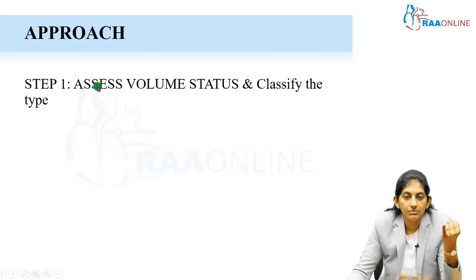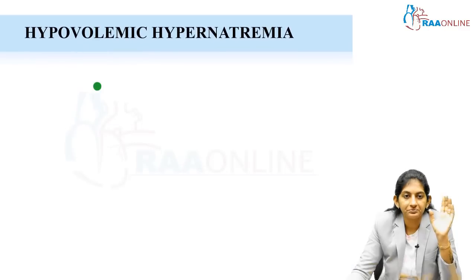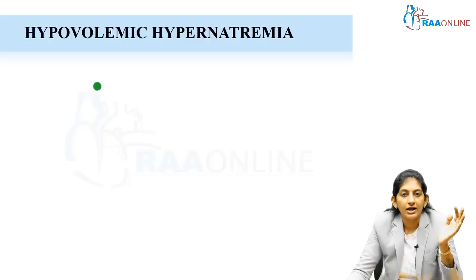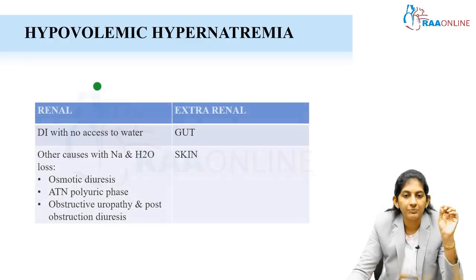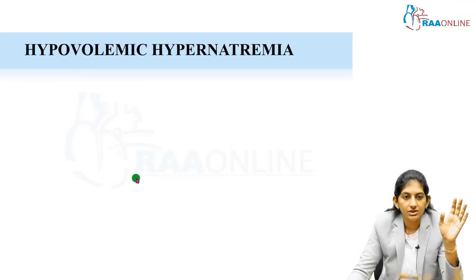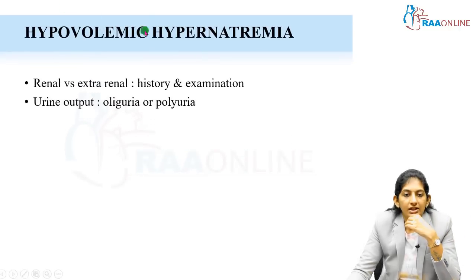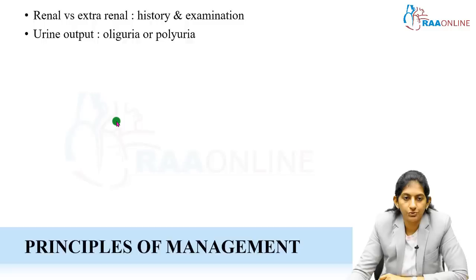How is the child? Euvolemic, hypervolemic or hypovolemic? Is there shock? Is there dehydration? Is there hypotension? Everything you should know. First, we will start with the management of hypovolemic. My child has had multiple episodes of acute gastroenteritis and has lost so much water. Now the child has landed up in hypernatremia and there is hypovolemia. All these things we already discussed, so we will just move on. There has been polyuria. Now, what is the urine output? That is also important because in acute gastroenteritis, finally the child will go into oliguria.